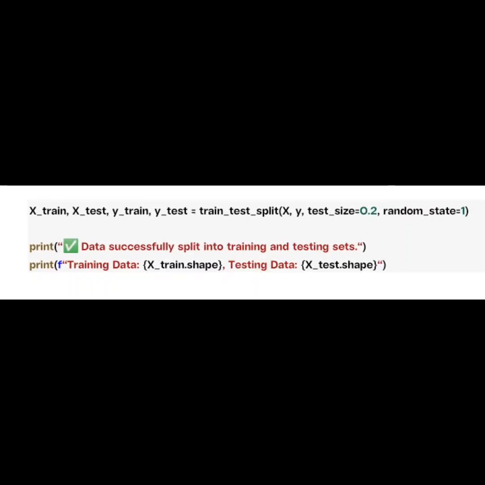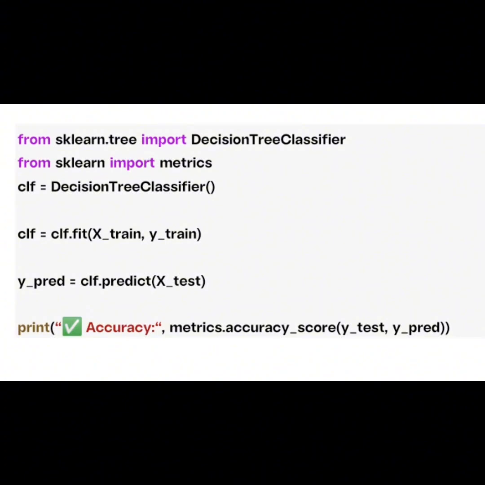predict diabetes based on the provided dataset. Number 1, import libraries. Number 2, create decision tree. Number 3, train model. Number 4, make prediction. Number 5, evaluate model. This part of the code is responsible for creating a visual representation of the decision tree